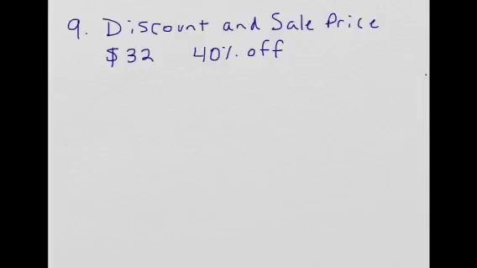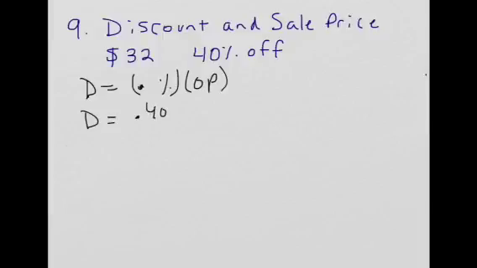Let's take a look at discount. So discount, we're going to have discount is equal to our percent, and again, it's a big obnoxious decimal, times our original price. So the discount here would be 0.40, again we're moving the decimal 2 places to the left, times our original price, which is 32. So our discount is going to be